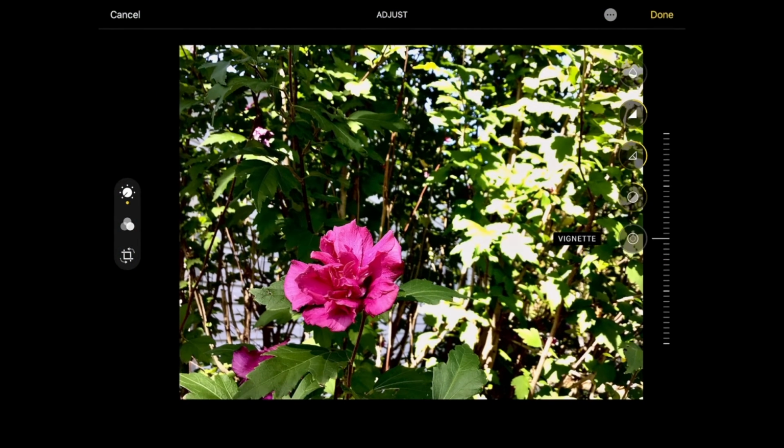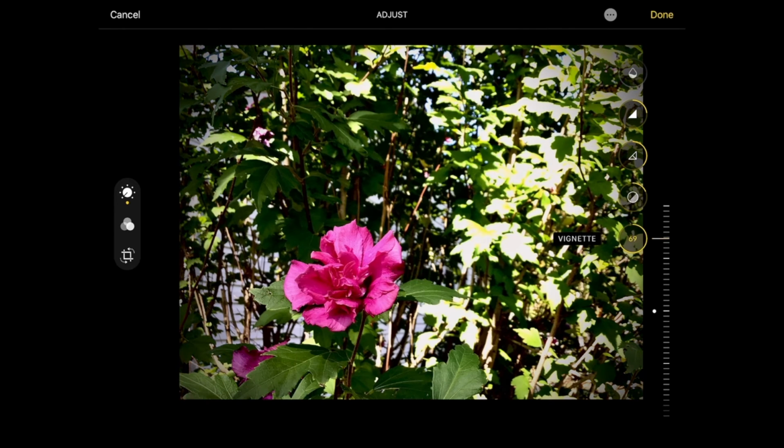Okay, next I'll go to vignette. In vignette, if I go down, it makes the outer parts brighter. If I go up, it makes the outer parts a little bit darker. And I'm going to do that because it sort of frames the composition better toward the focal point. Alright, let me go back up toward